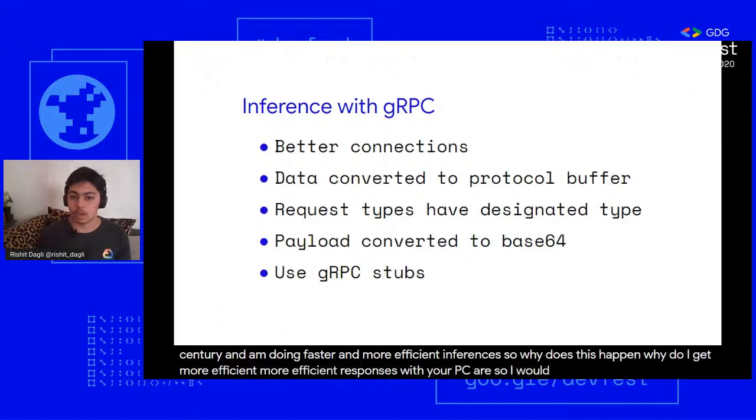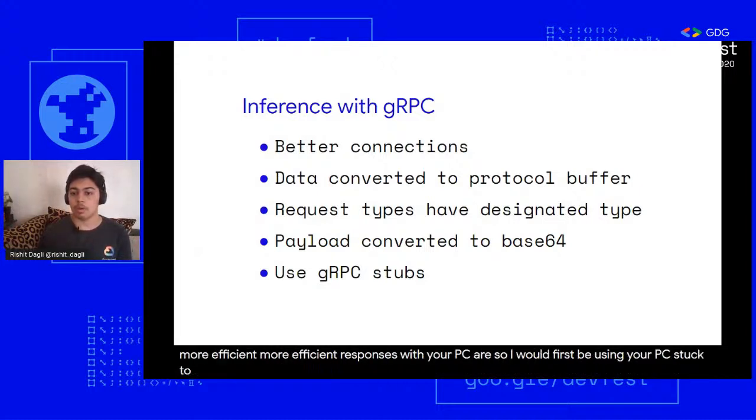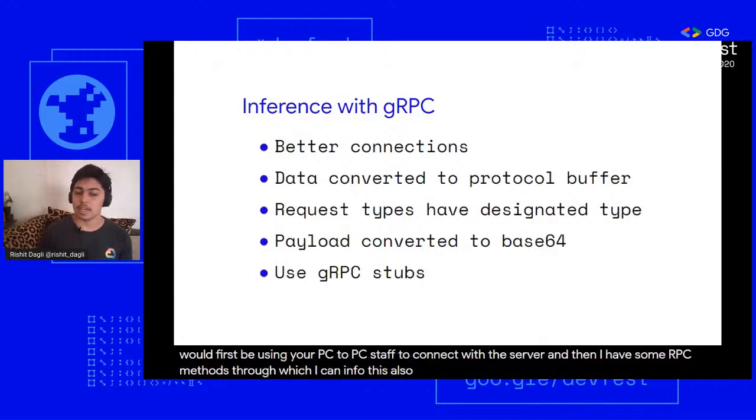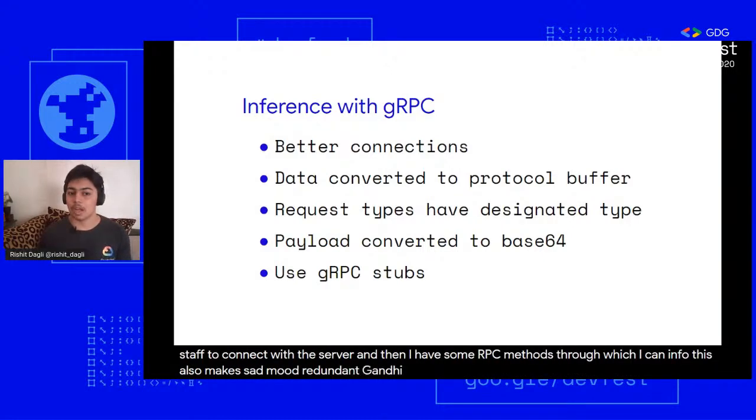I would first use a gRPC stub to connect with the server, and then I have some RPC methods through which I can infer. This also makes it more redundant than the REST approach which we just saw, and it's also faster and efficient